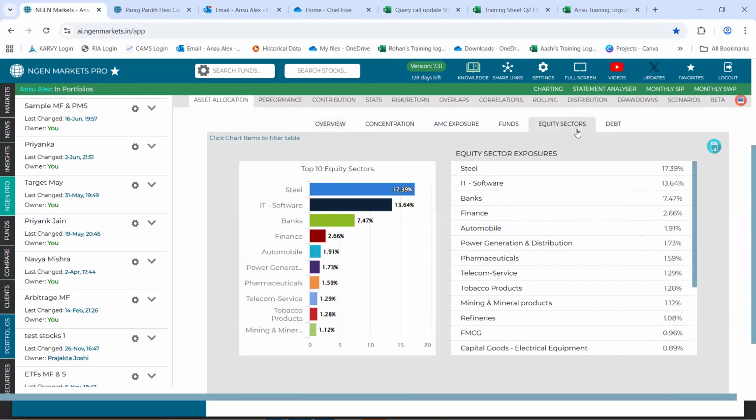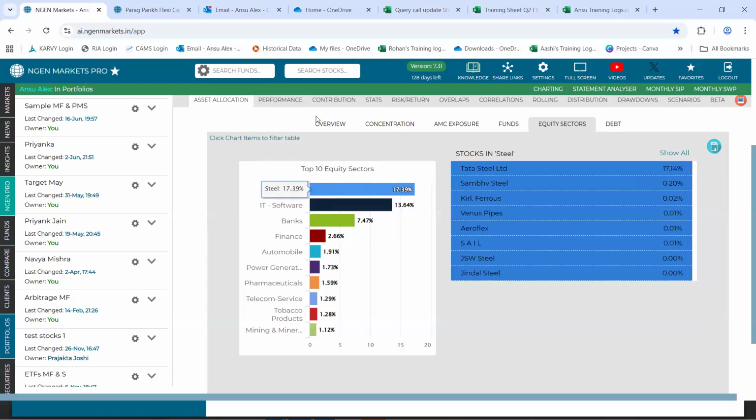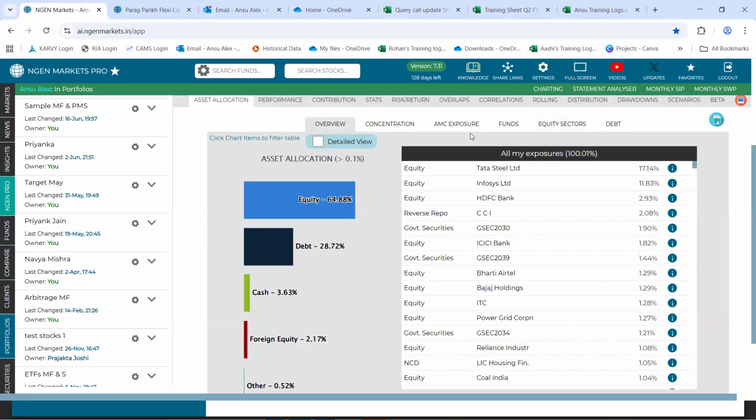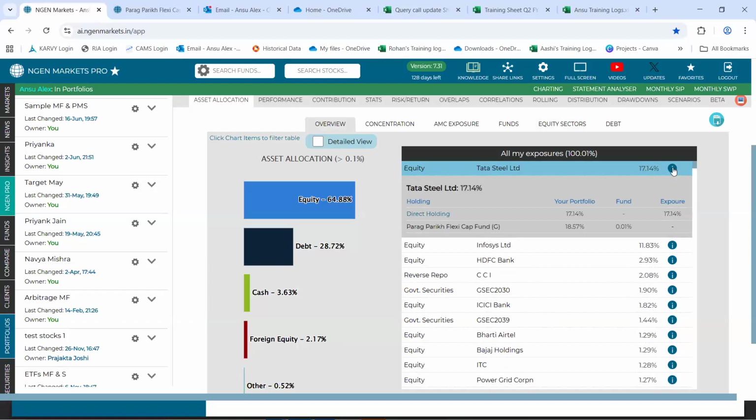What you're seeing here in the asset allocation section is equity sectors. But if you go back to the overview, this is actually the underlying portfolio exposures based on the mutual funds that you have in the portfolio. So this has everything. If you download this Excel, which is on the right hand side, there's a little box here, you'll actually see all of that data. But visually also we show a lot here. Okay, great.